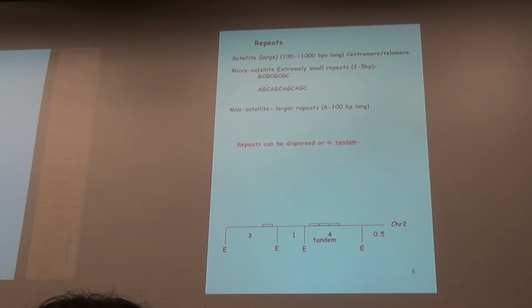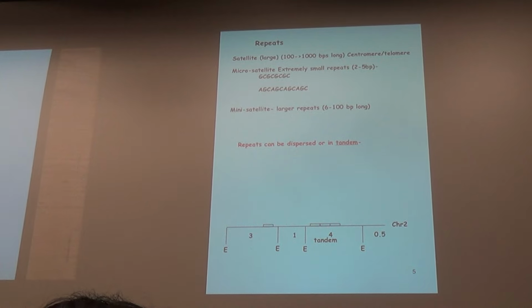Microsatellites are extremely small units. These are usually between 2 and 5 base pairs, like AGC, AGC, AGC, AGC, or GC, GC, GC, GC. Those are known as microsatellites. And minisatellites are slightly larger. They're between 6 and 100 base pairs. So micro, mini, and then the satellites: the 3 different grades of repeats, basically. Okay. Now these repeats